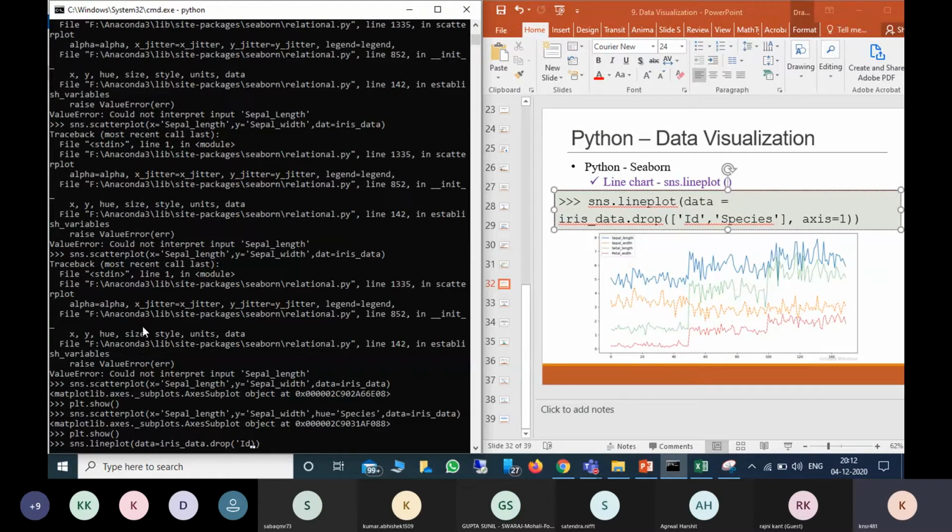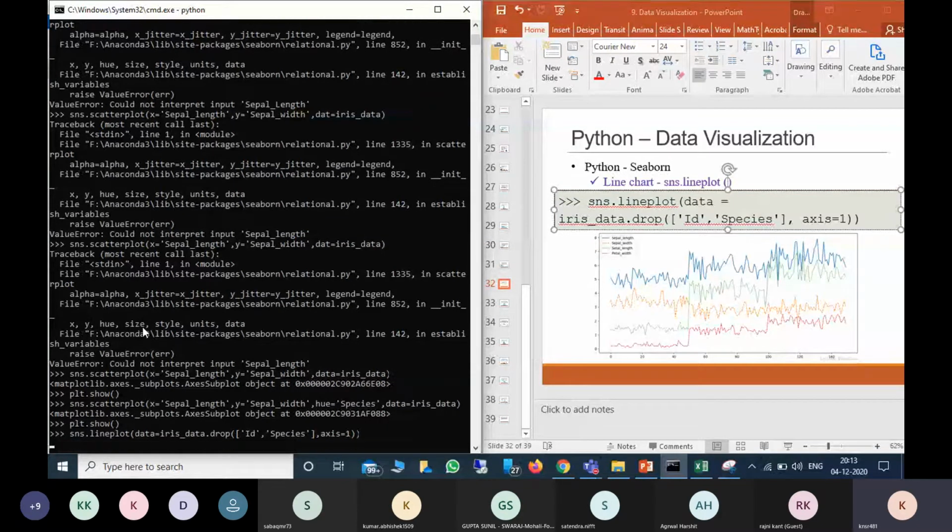So I'm dropping ID and species. Now I'm providing axes similar to what we provided earlier. Axes